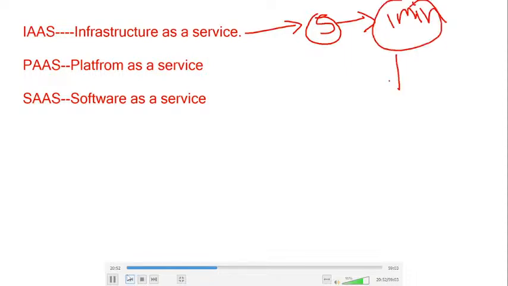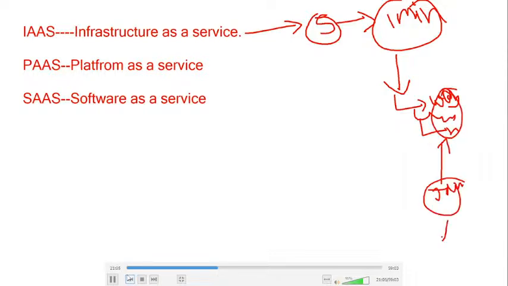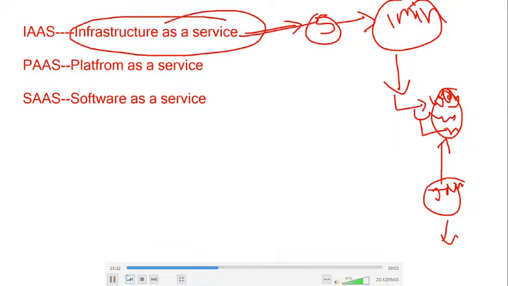Then on top of it, to host the Java application, what do we have to do? Install web servers, WebLogic, WebSphere, JBoss, or Apache Tomcat server, and on top of it host your Java application. Then that should be managed by yourself. The cloud vendor just provides the virtual machines. The remaining management should be taken care of by yourself. Why? Because the application is yours, the management is yours. That is what Infrastructure as a Service is.